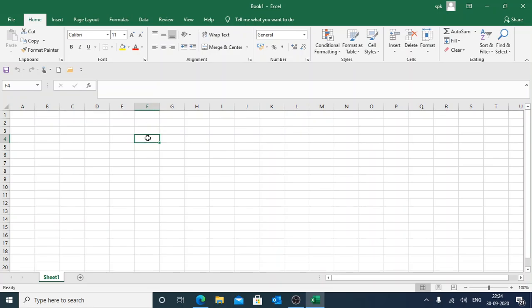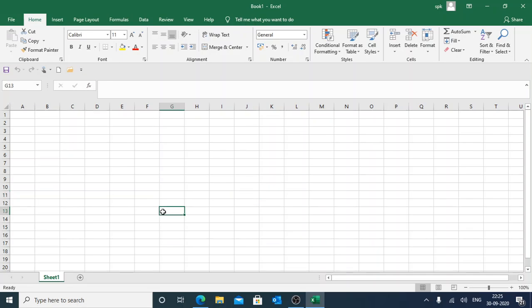The address of each cell is given here in the name box. Each cell has a unique address. Whichever cell you select, its address is displayed in the name box.